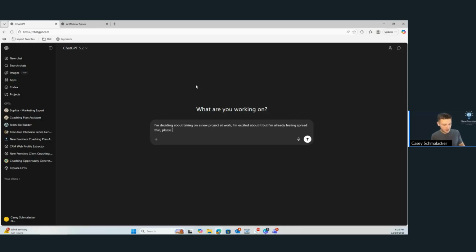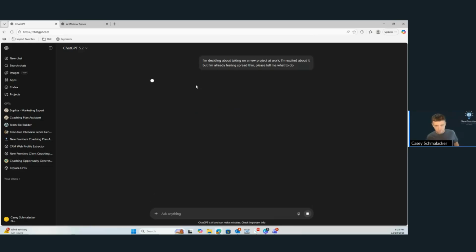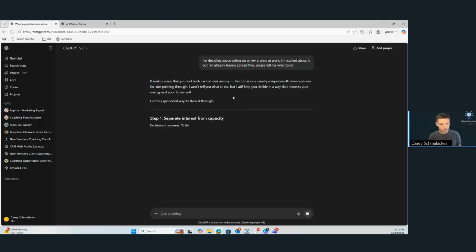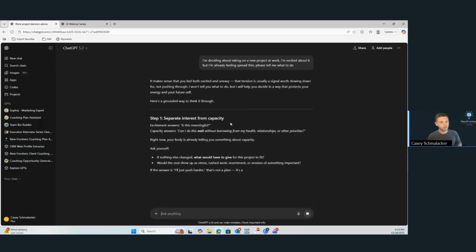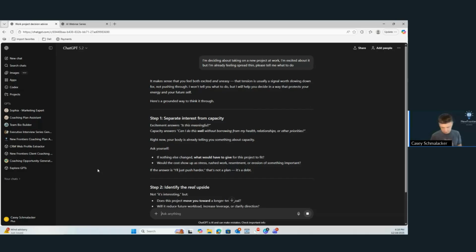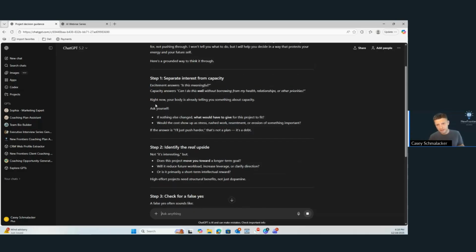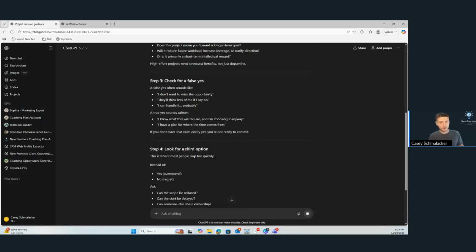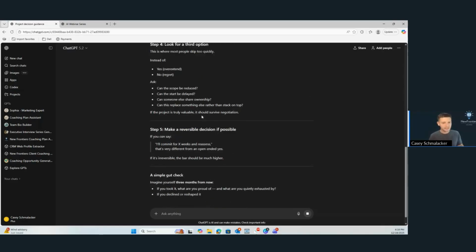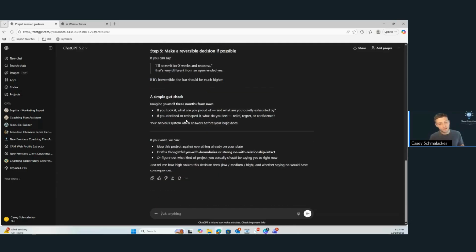Please tell me what to do. And it's going to come out with a response. It's going to be more generic and it's going to jump right into solution mode. And so it's starting to come in, telling us things to do. It's less about what it's exactly saying here, but what we want to do is now compare this.